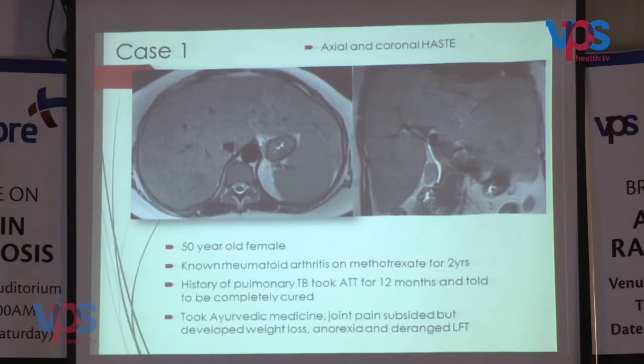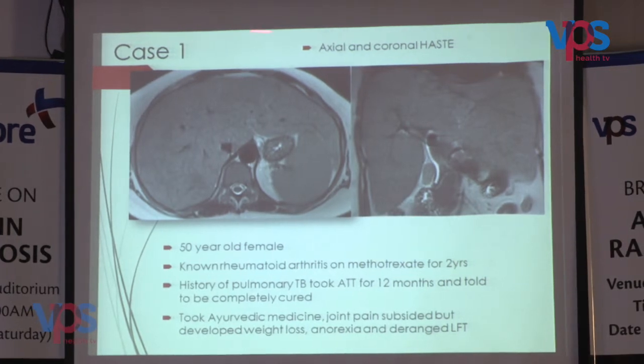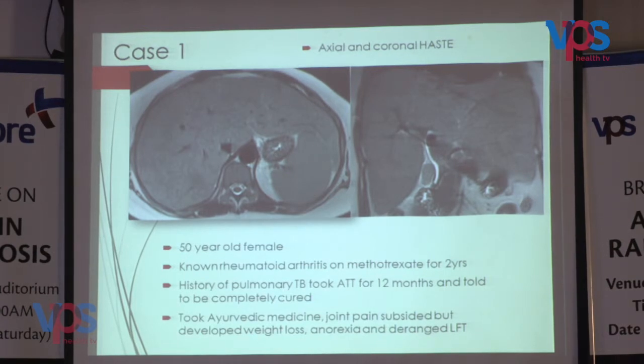So I just want to show you a few examples before I close. This is a 50-year-old female with rheumatoid arthritis on methotrexate for 2 years, with a history of pulmonary TB. The patient took some other medication, but has now come in with weight loss, anorexia and deranged LFT. You can see the liver is enlarged and has a heterogeneous signal intensity on these HASTE images,